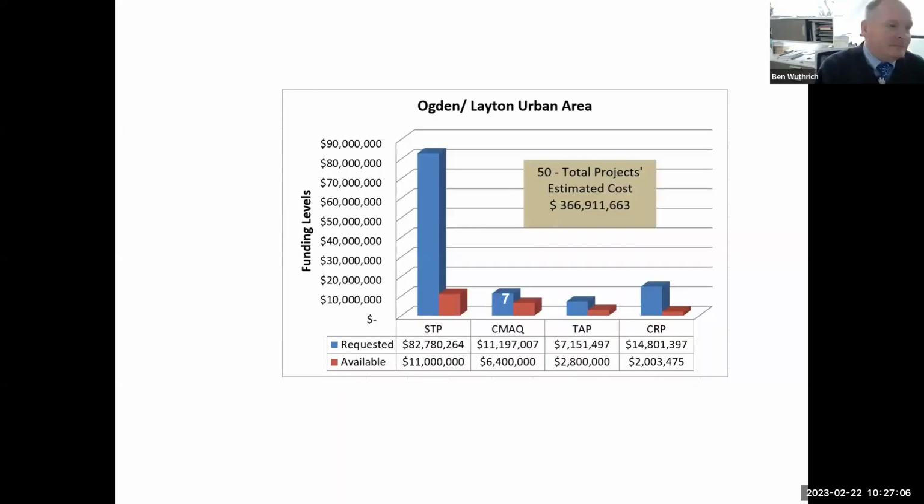Ben, are you going to show that slide with the requested amounts and the available amounts again? I am right here. Actually, are you not seeing it? No, we're not seeing anything right now. Let's see here. Oh, I clicked off my screen sharing. So this slide. Perfect. Well, and that's where we're going to talk on the